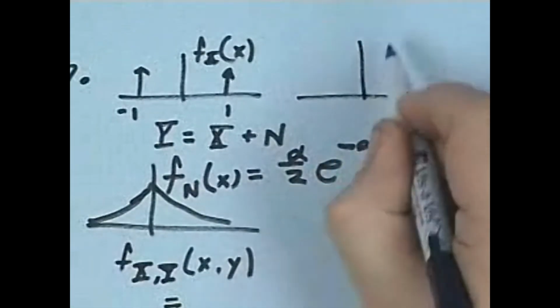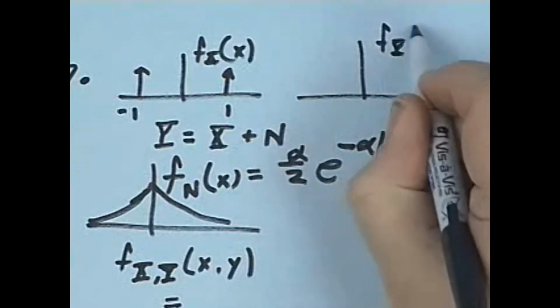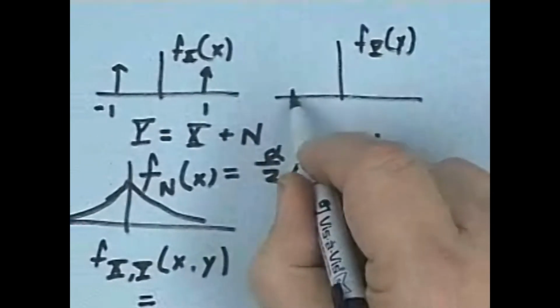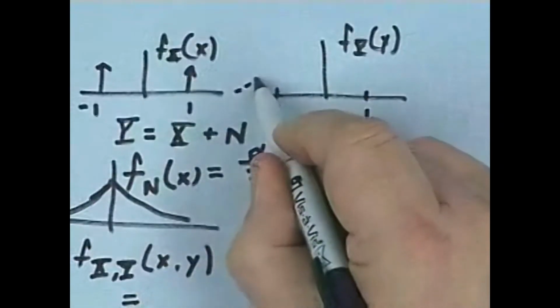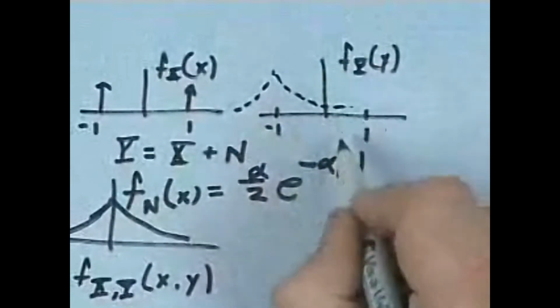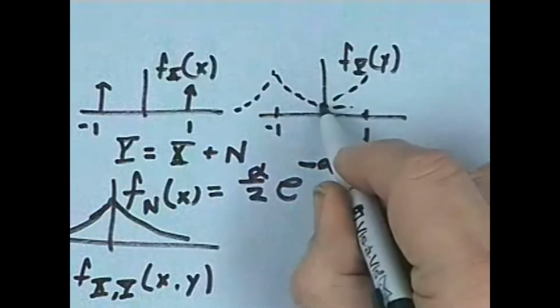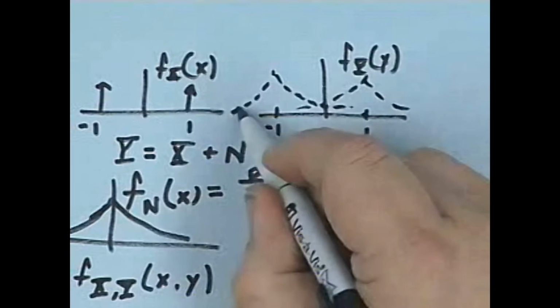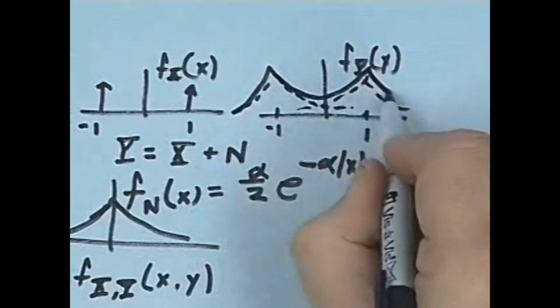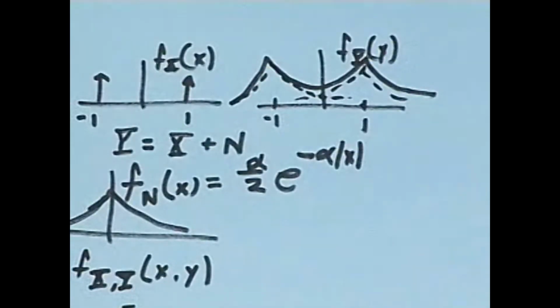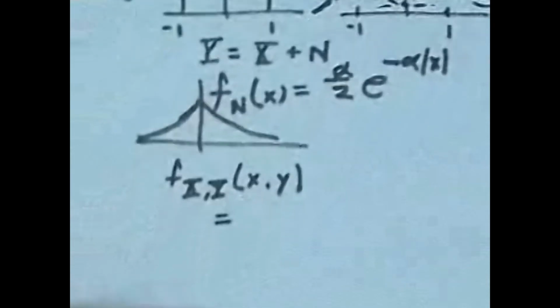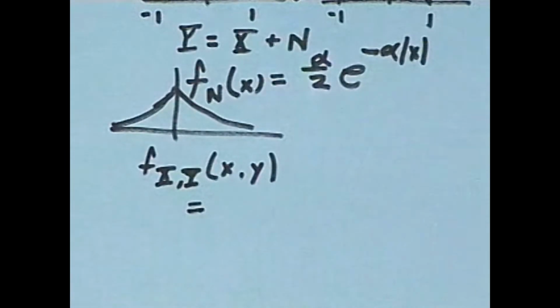So if we look at the density function for y, we would have this Laplace down here centered at -1. And then we would have that Laplace also centered here at +1. We add these two together to get the density function for y, which would look something like this. So that's nice, we can use this convolution property immediately to get the density function for y. But let's look at the problem that they ask for specifically.